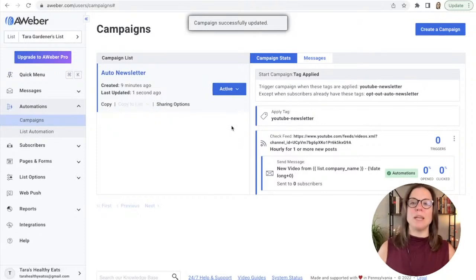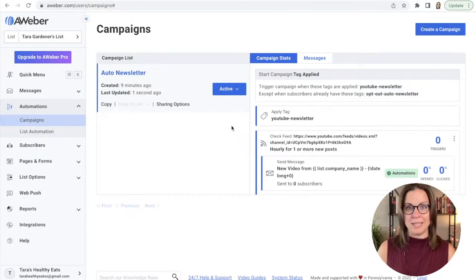So now anybody who receives that email and clicks opt out is going to be opted out of these emails, but they'll still receive your newsletter. They'll still receive any of the other emails that you want to be sending out to them. And that is it. You have now set up an automation that can do a couple of things. It can help you personalize your content for your customers. It can help you keep your list bigger because people aren't unsubscribing because they don't like certain types of your emails. And you can provide more content to the people who really want it and actually build out your community more and even make more sales.